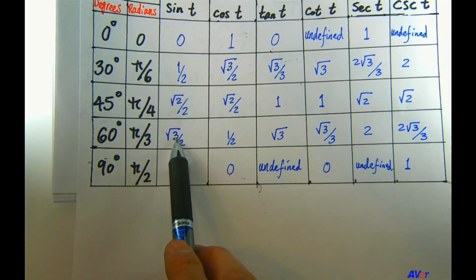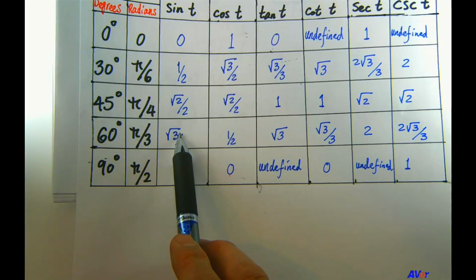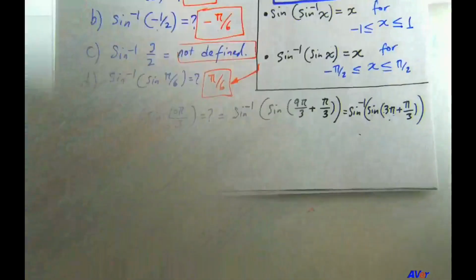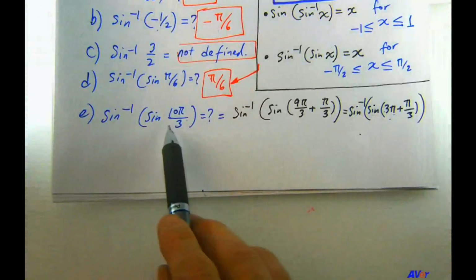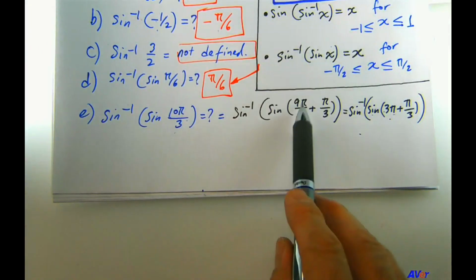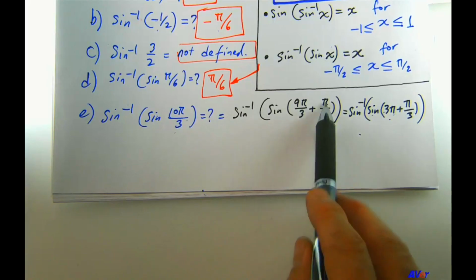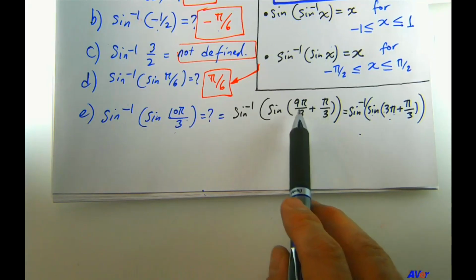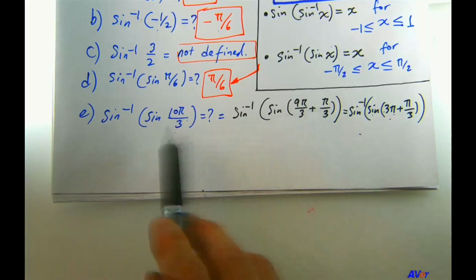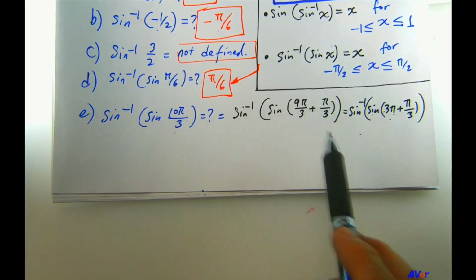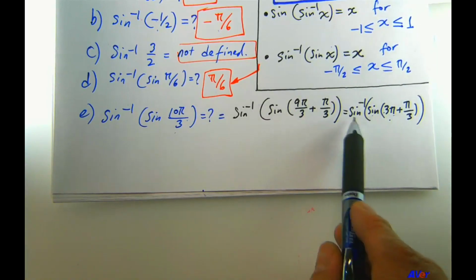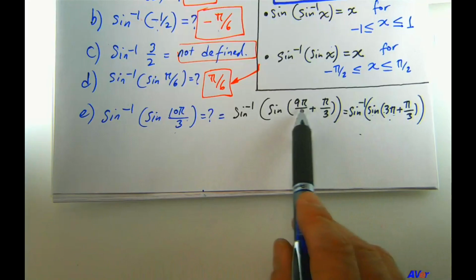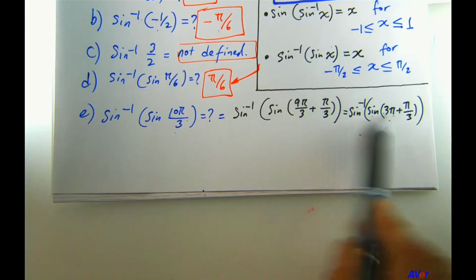If you go 3 pi plus pi over 3, you're going to end up in the third quadrant. Okay, let me do it again because I'm not sure if you follow. Here, we decompose 10 pi over 3 to 9 pi over 3, which is 3 pi plus pi over 3. We did this to figure out where this angle is going to be, such that it should be between negative pi over 2 and pi over 2. So, after that, we end up with 9 pi over 3 is 3 pi plus pi over 3.